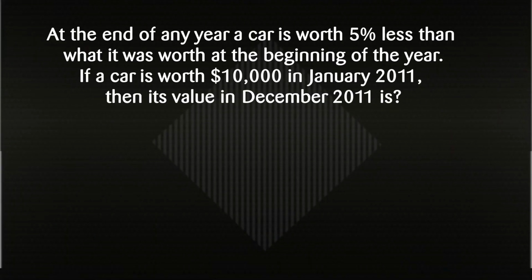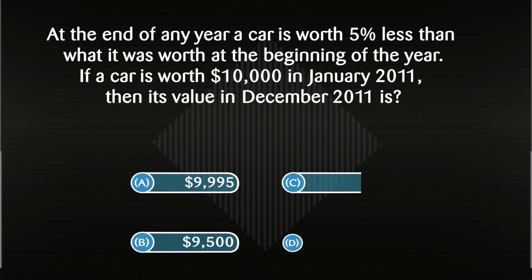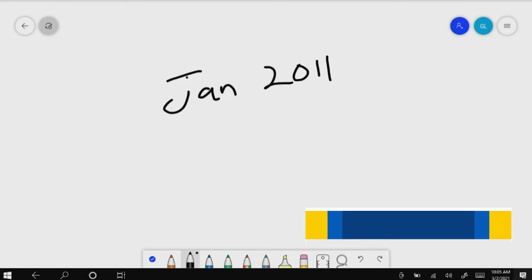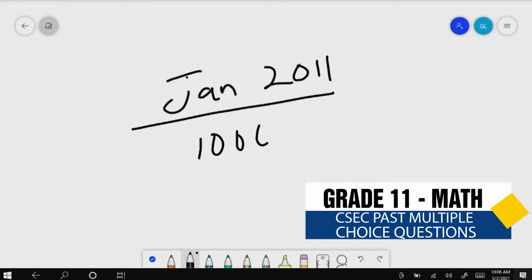At the end of any year, a car is worth 5% less than what it was worth at the beginning of the year. If a car is worth $10,000 in January 2011, then its value in December 2011 would have been. Now, they gave us the value of this car at the beginning of the year. So, as of January 2011, the value of this car was